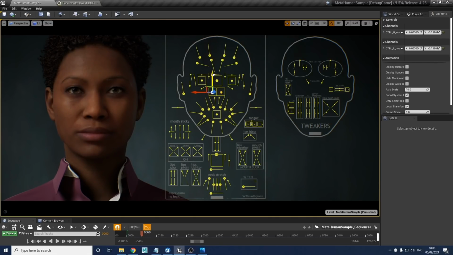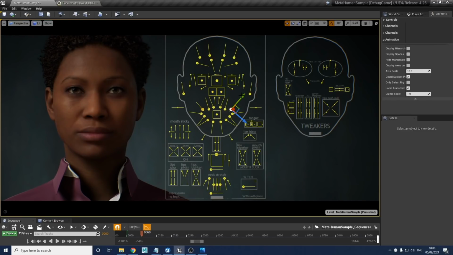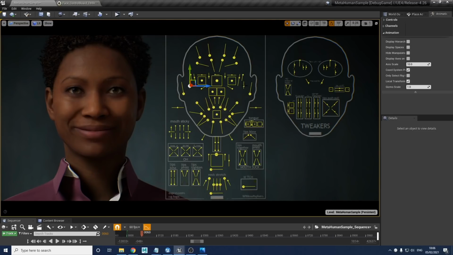Center this back in there. So okay, I'm going to make it a happy face. So start with corner pull, bringing these corners nice out and wide. Maybe you're thinking, well, that doesn't look very happy. And it's because we don't just smile with our mouths. It's got to go up the face. So we need the cheek raise being activated. Soften the eyes off a little bit. Get a bit of squint going. Smiling with the eyes. It's already starting to look a little bit happier.